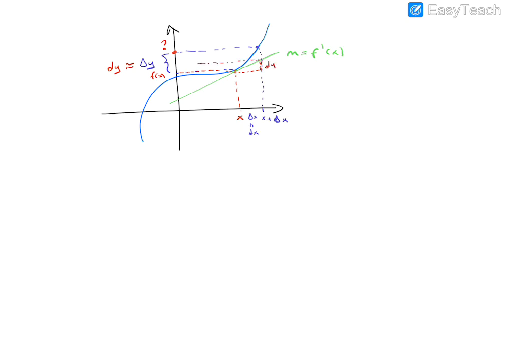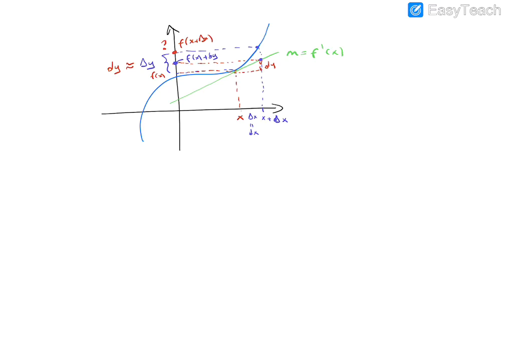So instead of finding the exact value of f of x plus delta x, we can find the approximate value of this point. This is f of x plus dy, the differential of y, the change of y, okay? So by using differential, we can approximate this value when we cannot calculate that value. For example,